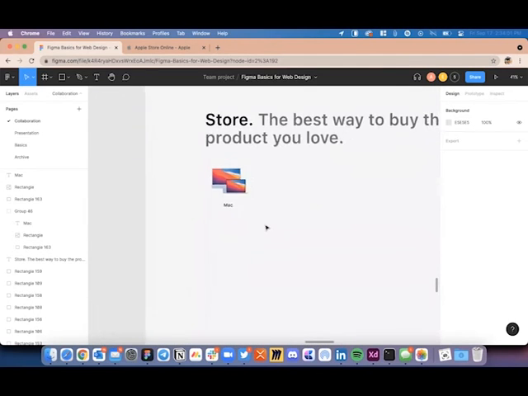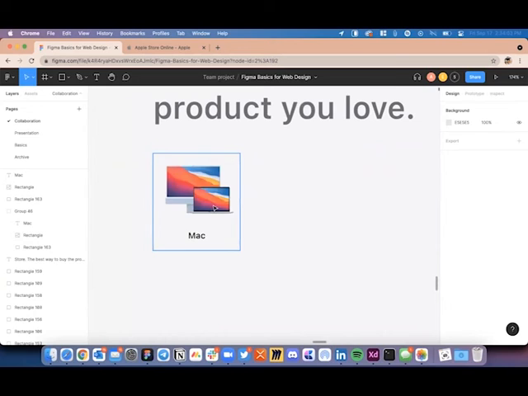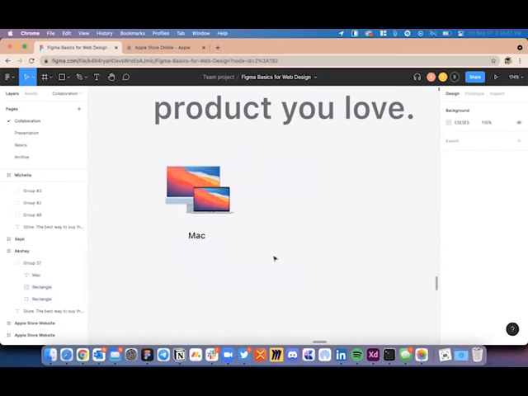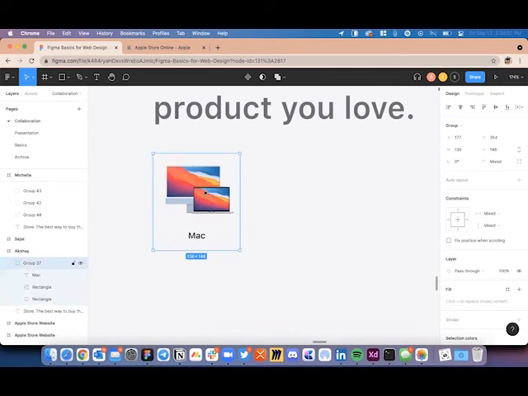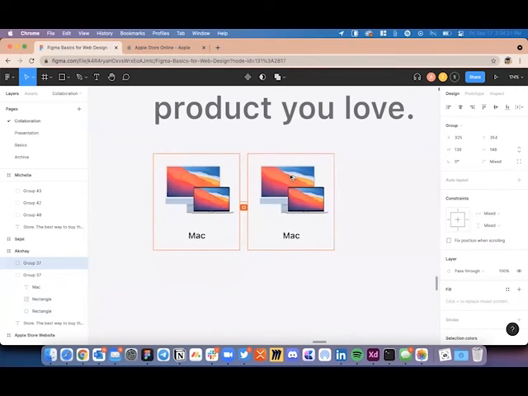Guys, if you can switch to my screen for a minute, I'm going to be using this group. First of all, I'm going to select it. And while pressing the Option and Shift keys if you are on Mac, or Alt and Shift keys on Windows, I'm going to drag and drop it until it says 10.